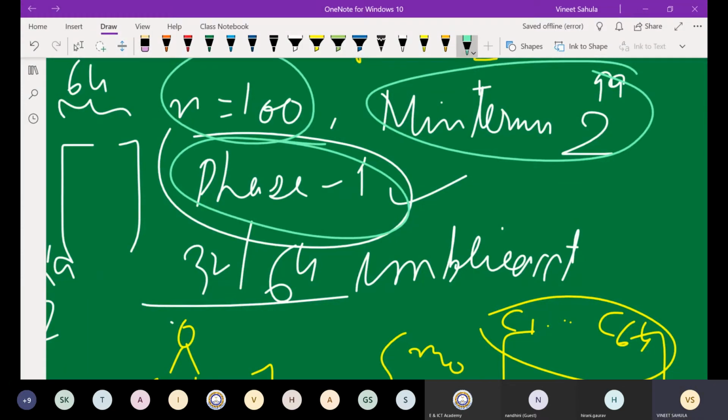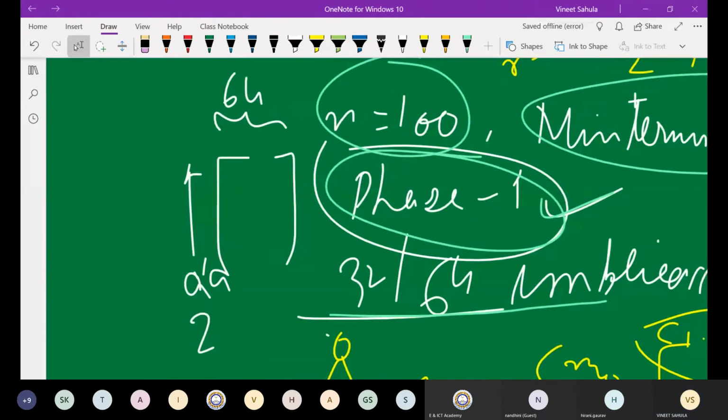But if you say somehow you can do it, then we come down and say we can do phase 1, and very pessimistically the minimum number of implicants would be 32, 64, whatever. I'm taking a power of 2. There's no formula for that. So if you take those implicants and make a table, right? So this will be the table. The number of minterms would be about 2 to the power 99. If you say somehow you can handle it by some magic, let us complete the columns.